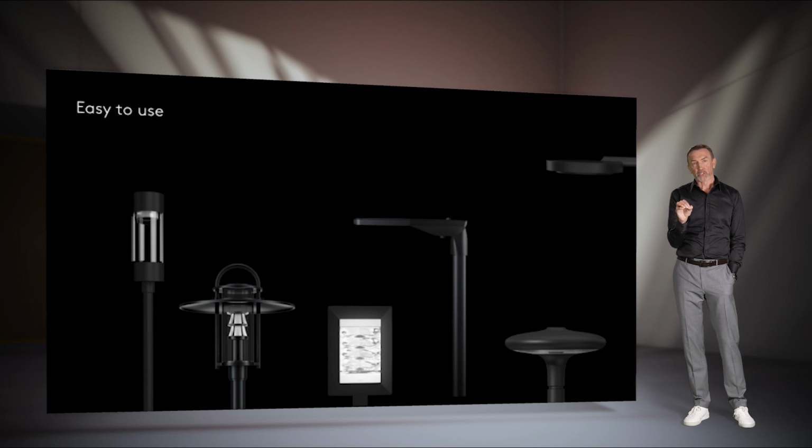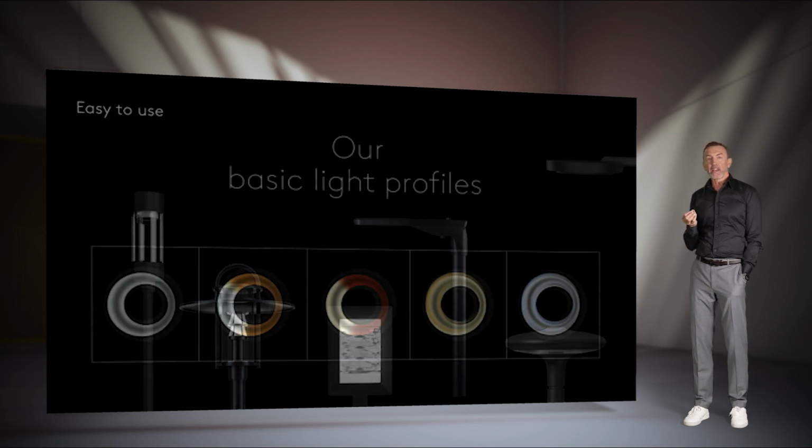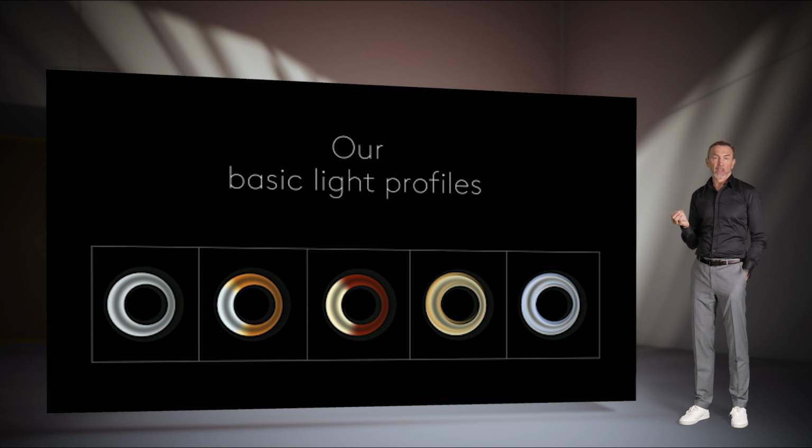We can use it in every luminaire in future. So you just pick out the luminaire, the Avanza or Etal, which has the core included, and then you pick the circular profile. And for the beginning, we start with 5 basic light profiles, which all have a certain focus